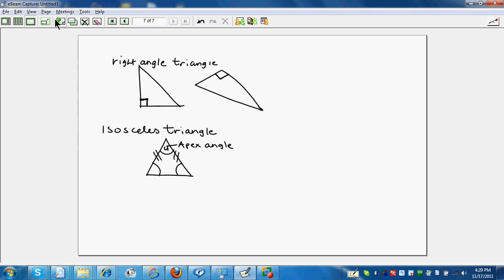So if we call this angle Y the apex angle, and we call this angle X one of the base angles, then the other angle will also be angle X, because the base angles will be the same, right? They will have the same magnitude. But we have to be careful of how we consider an isosceles triangle, because there may be an instance where they present a triangle to you where there's no clear base that you could identify. So if they present a triangle to you as shown in the diagram to the right, this diagram here,